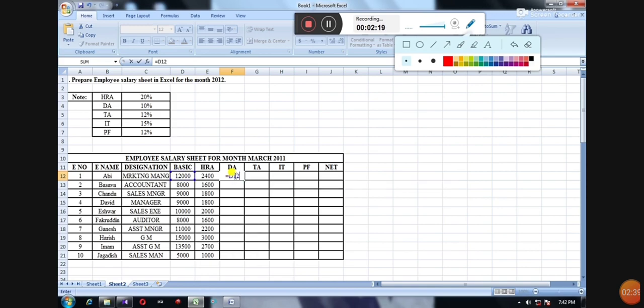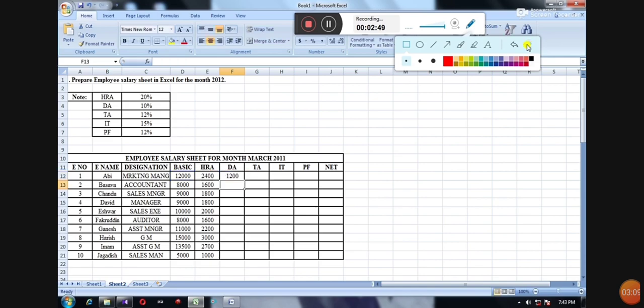For the dearness allowance, again we are selecting the D12, that is basic salary, into 10% divided by 100. So this is a basic formula to calculate the dearness allowance for that employee, entering the F12 column, which is under DA.